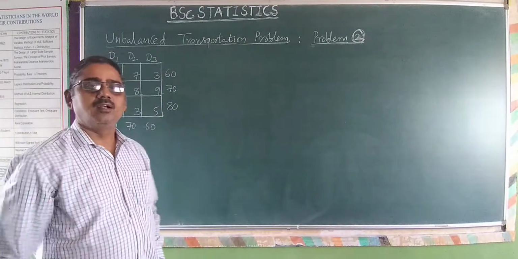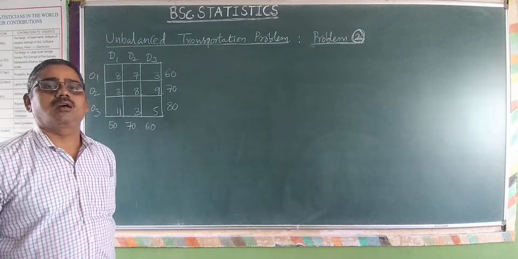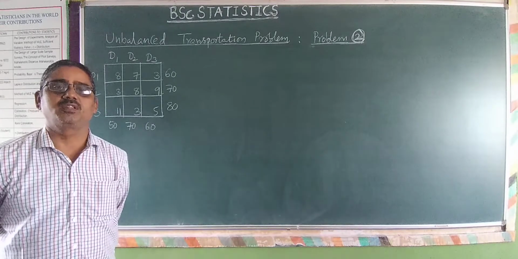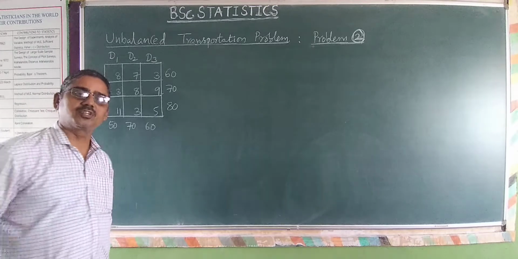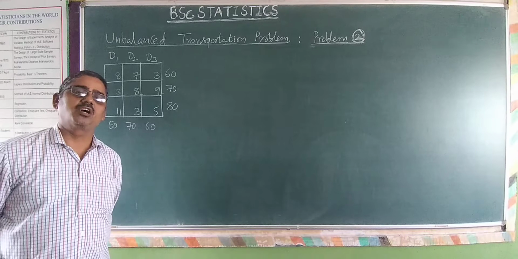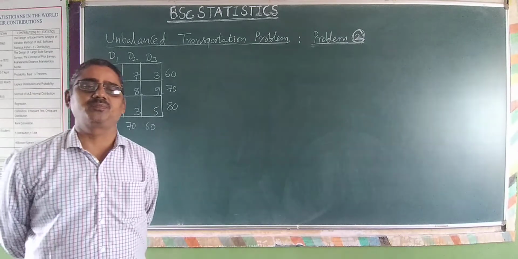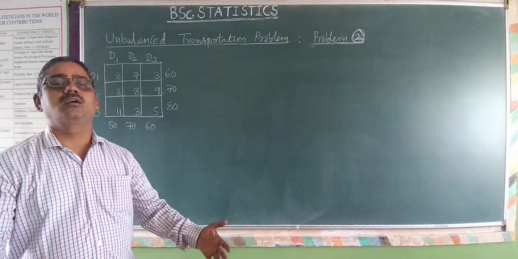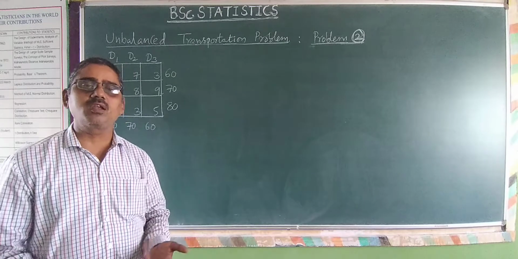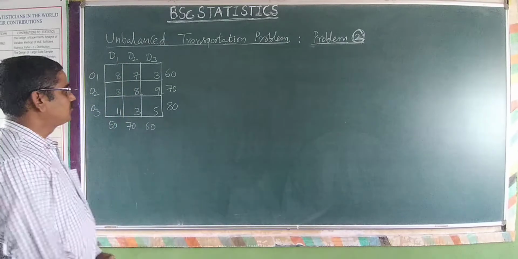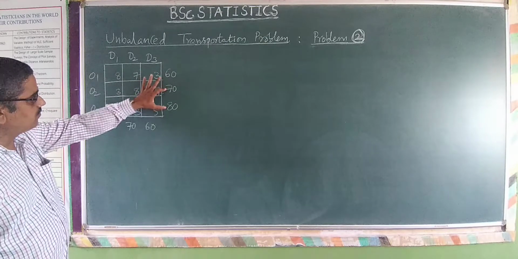Welcome back. We discussed one more problem on the unbalanced transportation problem. In this topic, you first calculate the sum of the availabilities and the sum of the requirements. If they are equal, it is balanced. If they are not equal, it is unbalanced. That's all. So now we calculate 60, 70 and 80, 150, 60,